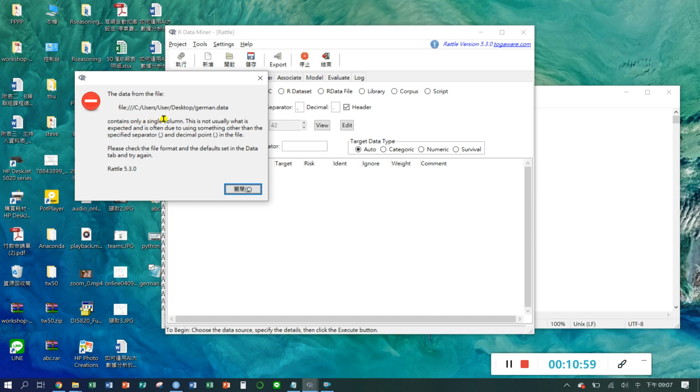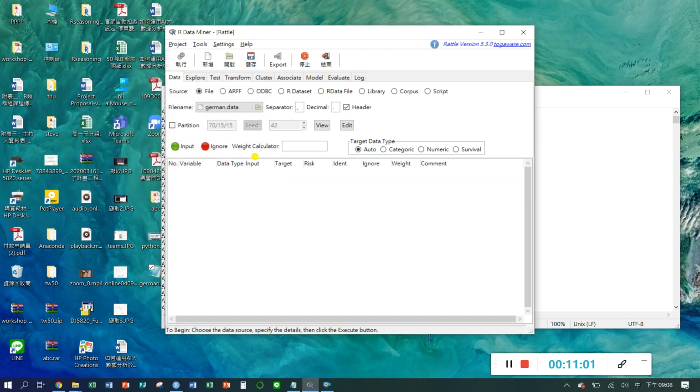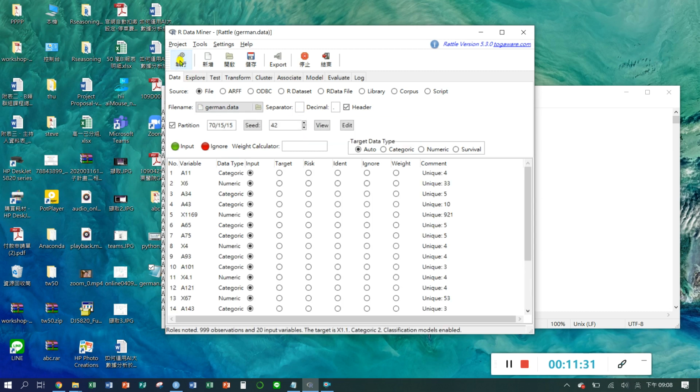Okay, it contains only one single column. So we made a mistake because the splitter is not a comma, right? 不是逗点, not a comma. The split is a white space. You just replace the comma with a space here. Okay, space. Don't forget to type a space here. Re-execute the function again. Okay, so you got